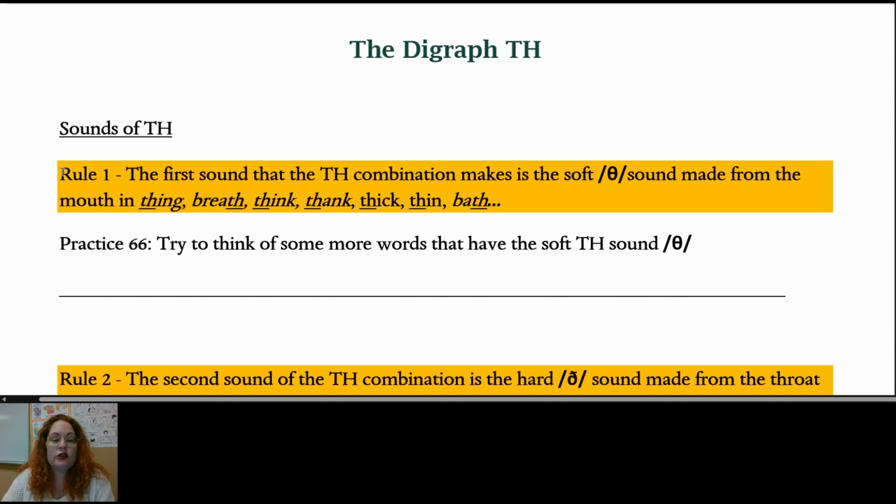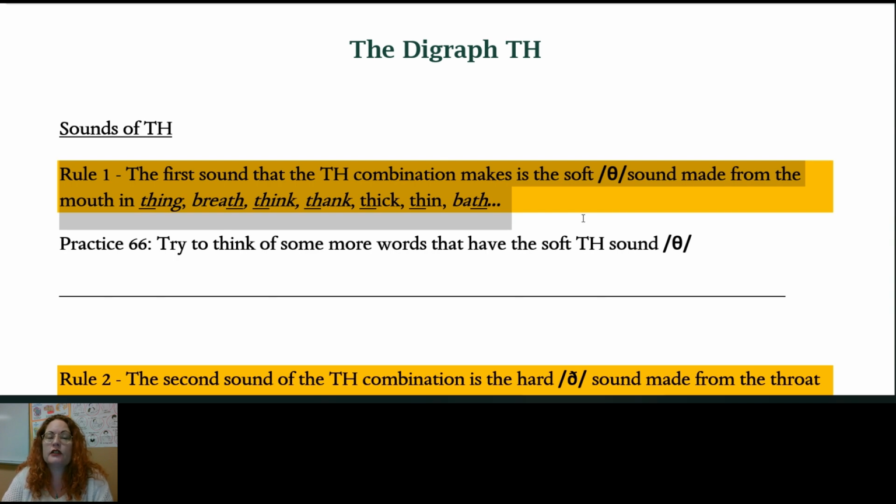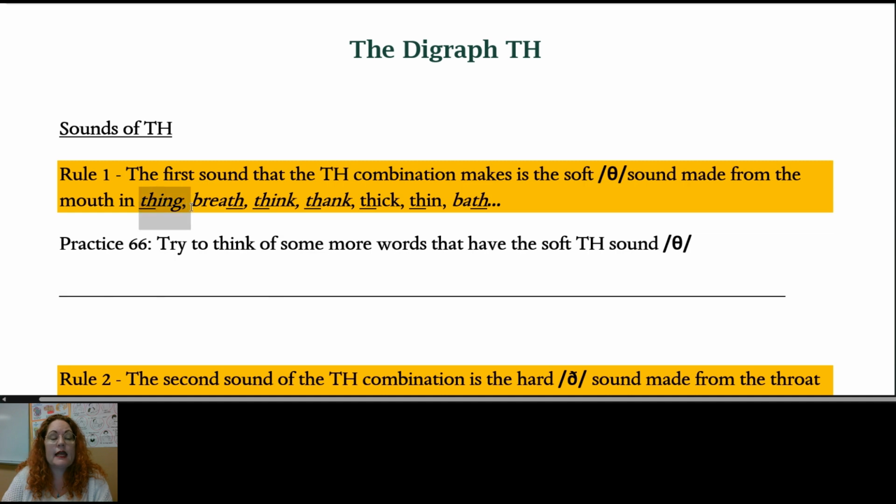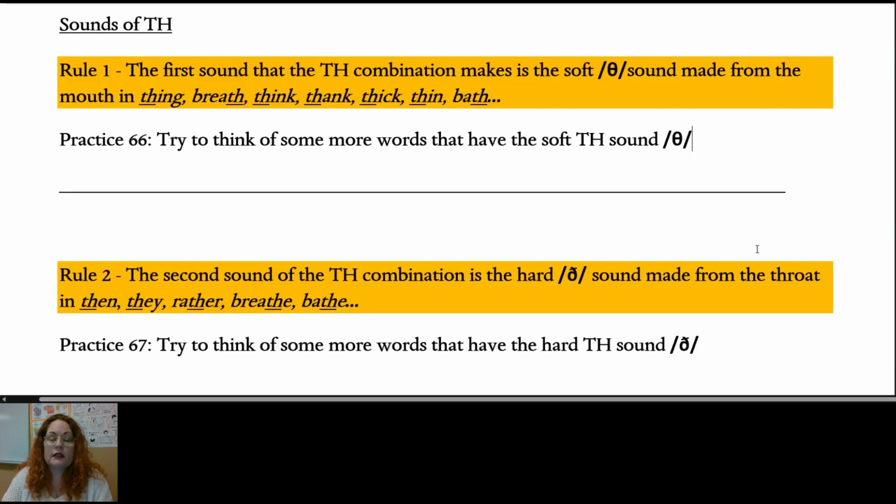Let's also look at the TH digraph. And TH makes two main sounds. The first sound is a soft sound made from the mouth, like th. To say this word correctly, you need to stick your tongue out of your mouth a little bit. For example, thing, breath, think, thank, thick, thin, and bath. Try to think of some other words that have the